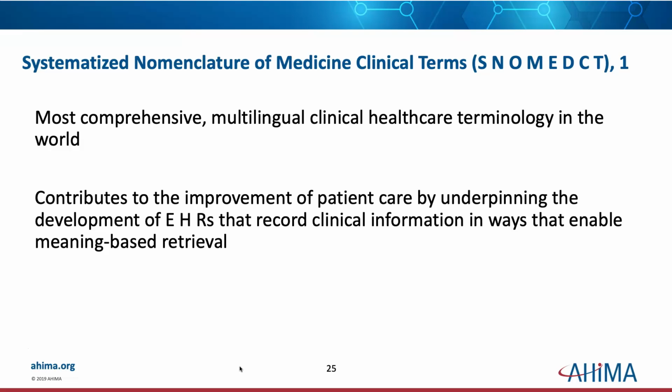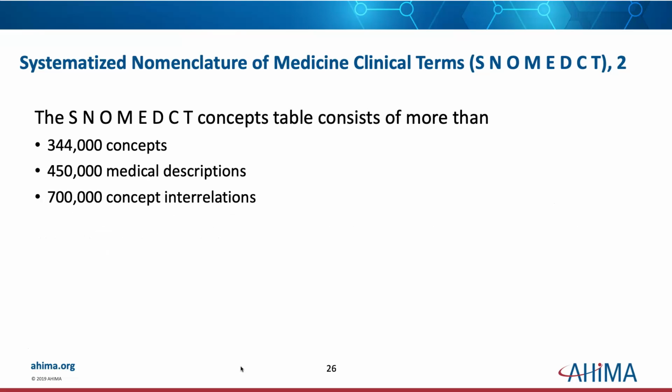So it's not a classification system. It's not a coding classification system. It's a nomenclature. It's used for the EHR for research and clinical decisions. It captures items such as diagnoses, procedures, signs, symptoms, and cause of injury. It has a concepts table that consists of more than